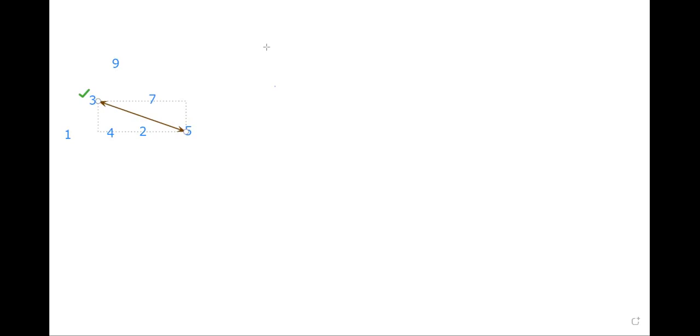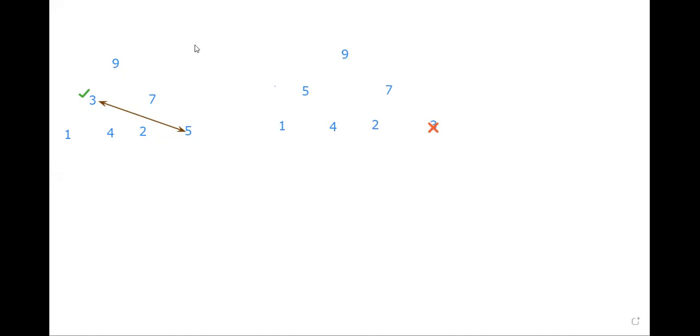After swapping, the elements will be 9. Swapping done. 5, 7. Okay. Next, 1 is the element. 4 is the element. There is no change in the remaining elements up to here, but here the element will be 3. Now, delete this element.